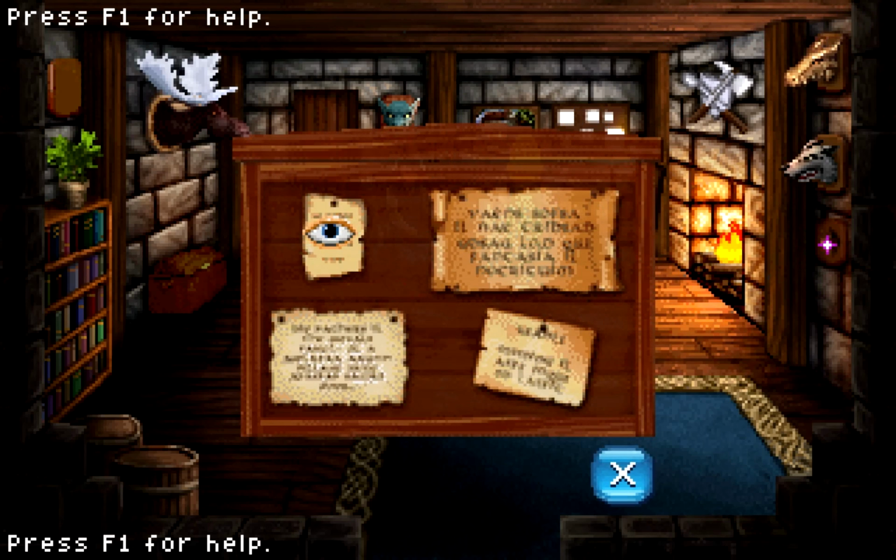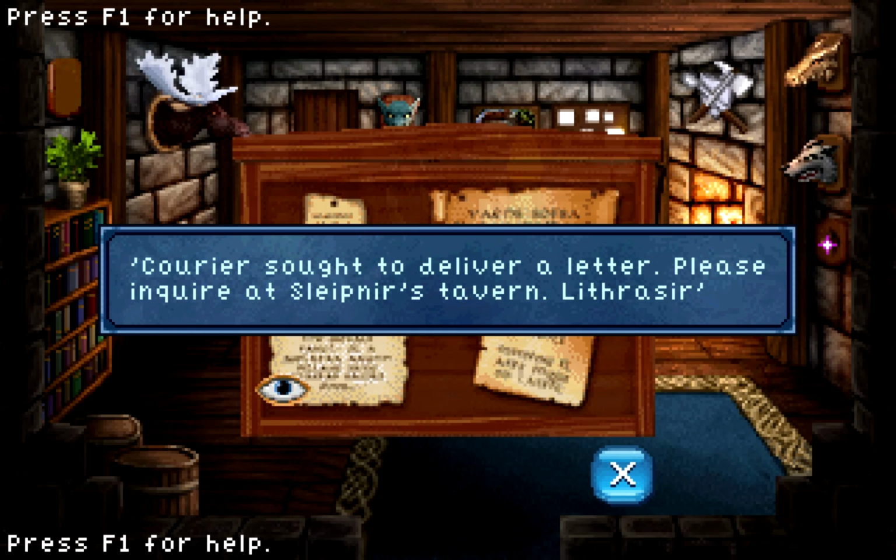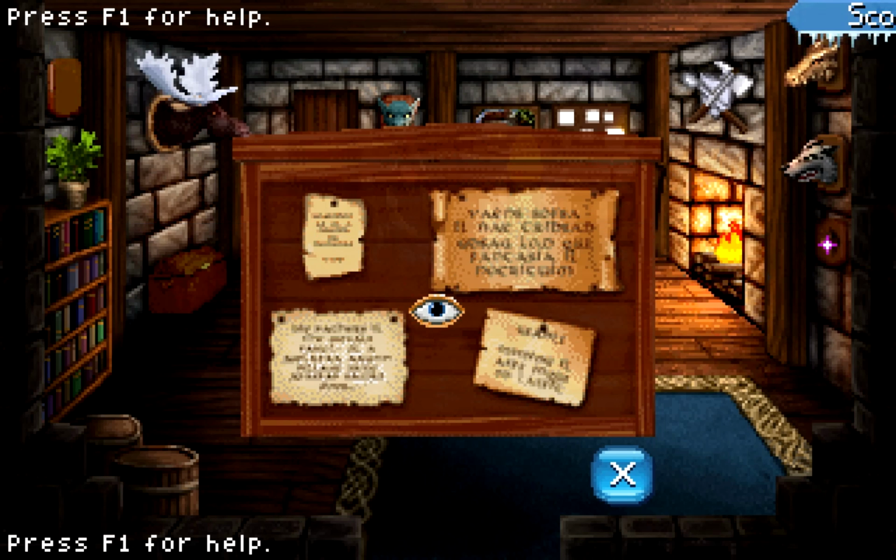Alright, what we got on the board here? Per your assault, to deliver a letter, please inquire at Sleipnir's Tavern. Some dude named Lithras here. Okay, great. Seems like a fairly easy one, but...